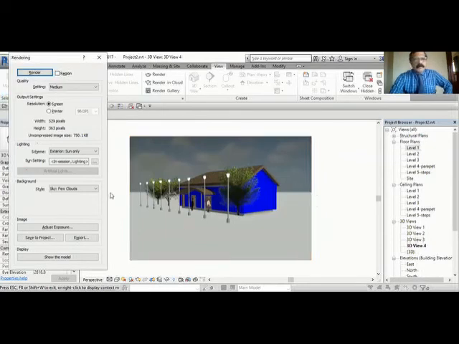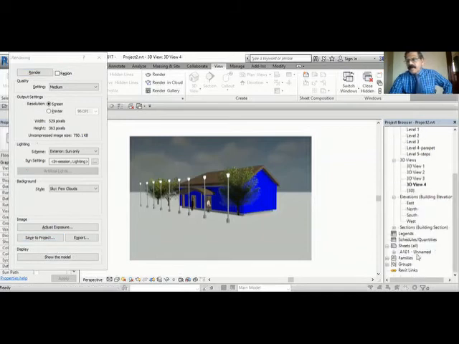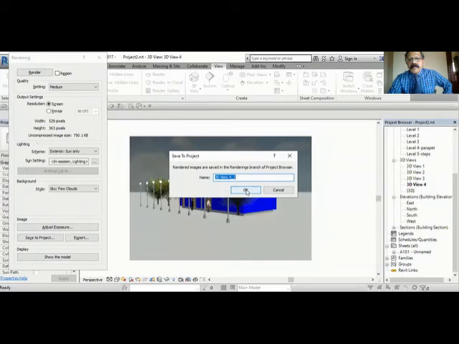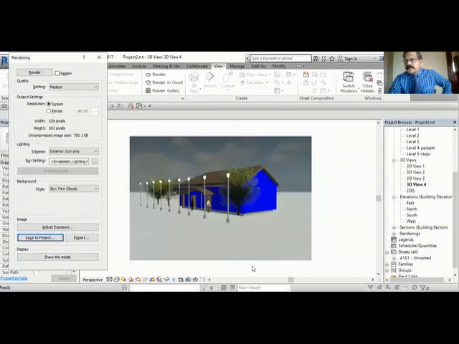Okay. Once you render this, there is an option here called Save to Project. When you click Save to Project, what happens is it will be saved under rendering. There is a rendering here. Let's see, Save to Project. Okay, I give a name. Okay, so it has come here under rendering. It is saved here. So whenever you render, you can give a different name and save. Anytime you can go and check. We'll make another one.